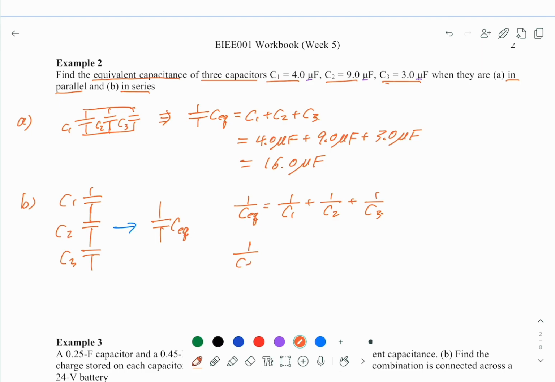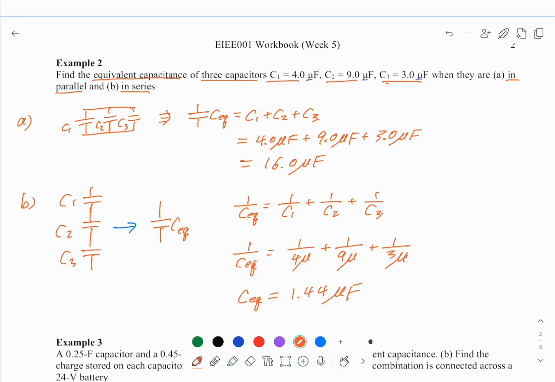We can say 1 over C is 1 over 4 mu plus 1 over 9 mu plus 1 over 3 mu. When you use the calculator, you don't need to worry about using the times 10 to the minus 6. We can just use 1 over 4 plus 1 over 9 plus 1 over 3 and find their reciprocal. So the C equivalent is equal to 1.44